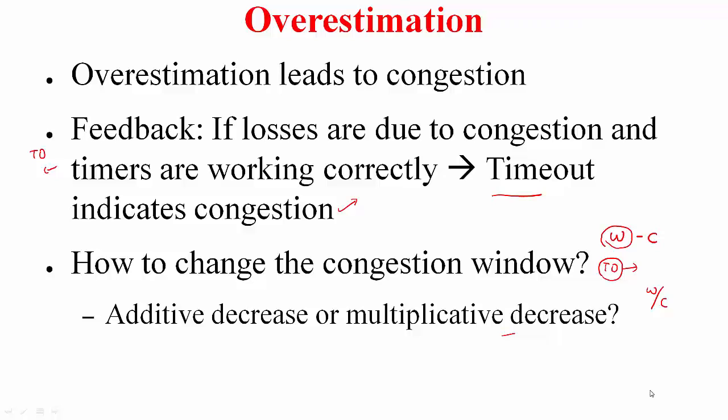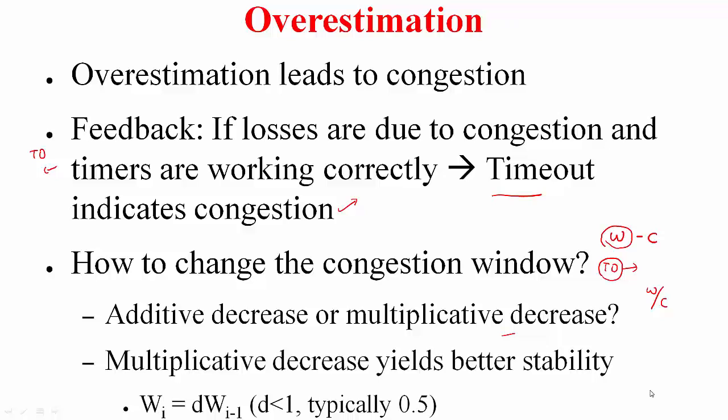Greediness doesn't work here. You do need to do exponential damping like I have mentioned before. So if you push a network into congestion, you need to give it enough time to recover. So you do need to reduce your sending rate significantly. So this is what you do. If this was your past estimate, you cut that window by a factor of d, where here d is selected to be equal to 0.5.